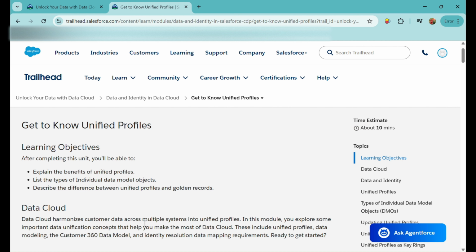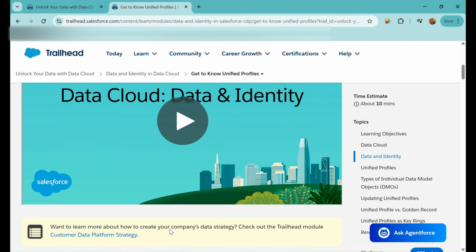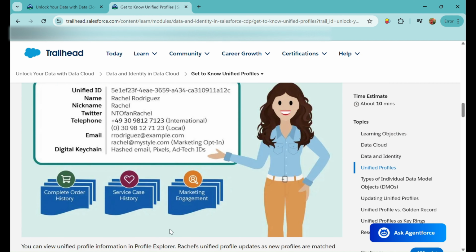So after combining that data in the data cloud, we'll be having John from all these three data sources at one place, but they will be having duplicated data. So to resolve that issue, to not have the duplicated data at one place, we utilize this unified profile feature. Unified profile means it will create a single profile of that John user in the data cloud, a single profile which we can utilize for our procedures further. So that's how we can utilize it. So we have learned about unified profile.